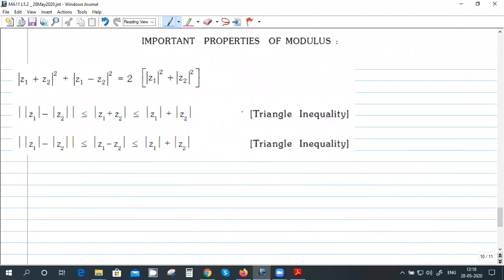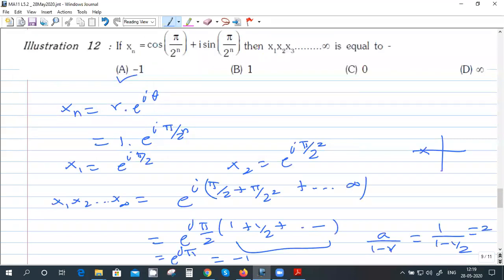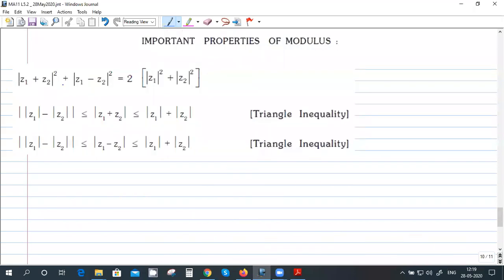So the modulus of a complex number x plus i y is the square root of x squared plus y squared. So if you have two complex numbers z1 and z2, what is z1 plus z2 and what is z1 minus z2? This you have to understand. Suppose z1 is x1 plus i y1, then what will be z2? x2 plus i y2.